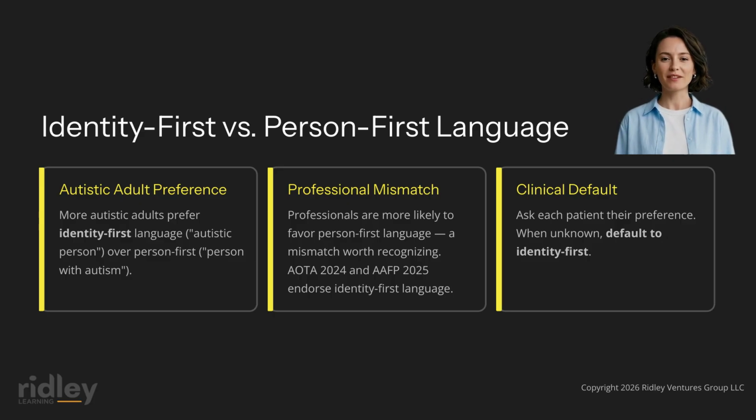Next, let's talk about one of the most visible aspects of this shift, language, specifically the choice between identity-first and person-first language. Language preferences among autistic people are varied and context-dependent, and there's no universal consensus. However, a 2025 systematic review by Schock and colleagues, covering 19 studies with a combined sample of 6,350 participants, found